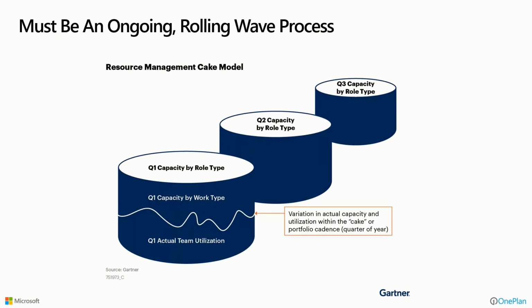And it also needs to be what they call a rolling wave process. So we can't just put a plan in place and say, this is our plan from a resource aspect. You might take a look at what your capacity is, then you might have a plan on how we're going to use those and on what projects and efforts we're going to use them. But then there's actual team utilization on a time-phased basis, in this case using quarters as a time cadence. Based upon actual team utilization, we have to rethink this and say, okay, this is what's really happening. This is how we're really operating. How does this affect, for example, our assumptions for the following quarter, and get better and evolve our models and our assumptions and our templates over time?